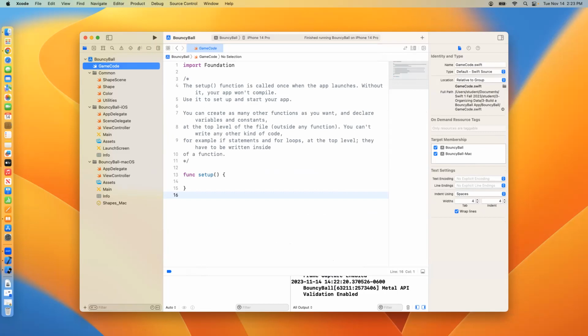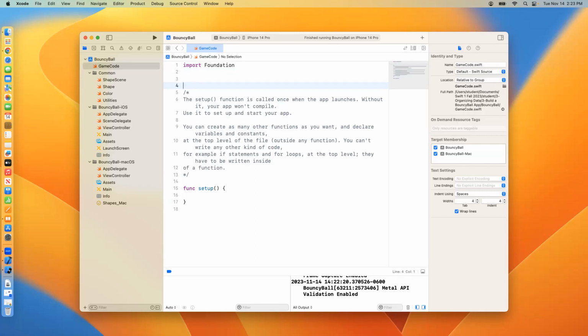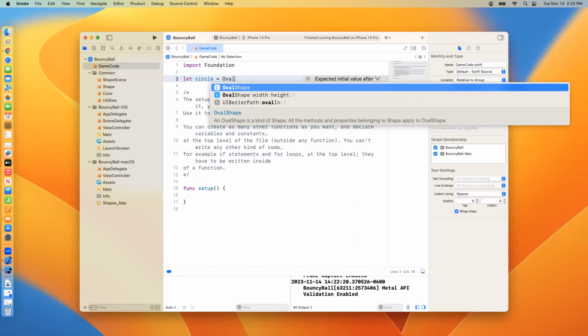All right. So the first thing we're going to do is actually put a shape on the screen. It says at the very top of the file, just below import Foundation, we want to add a little bit of code. So we're going to define a circle, and we're going to set that up as a constant. I'm just going to call it circle. This will basically create a ball, and a circle is basically what we call an oval shape. So we'll type OvalShape,